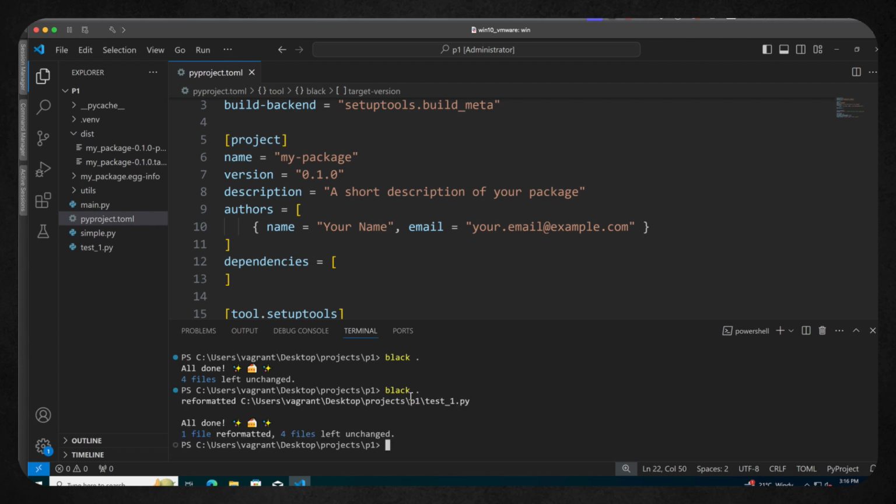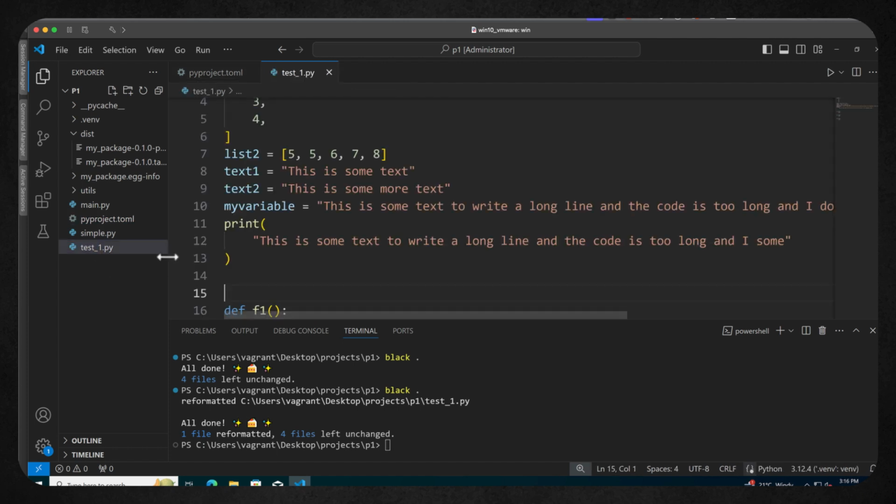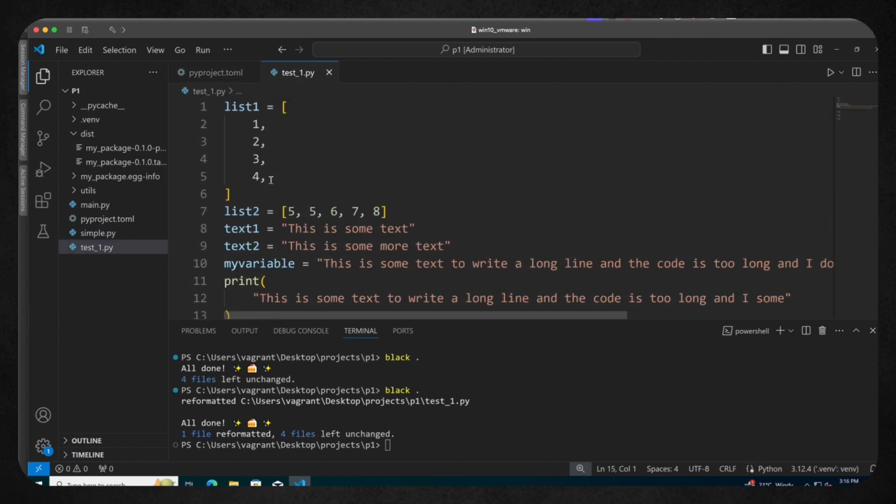So we can see now that that file's been reformatted. When we look at our test 1, our first list where we put the magic ending comma, which wasn't really required, it was actually saying that we didn't mind it being spread over multiple lines, and it's much easier than us spreading it over multiple lines.